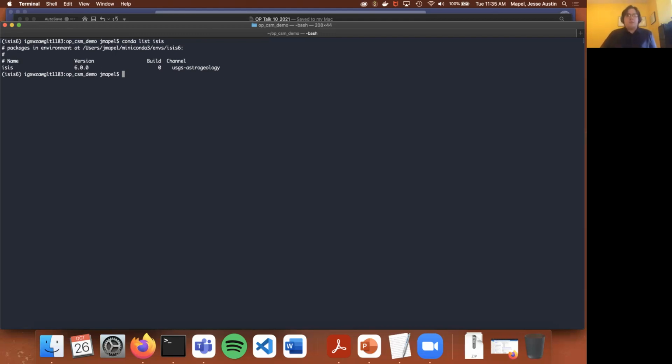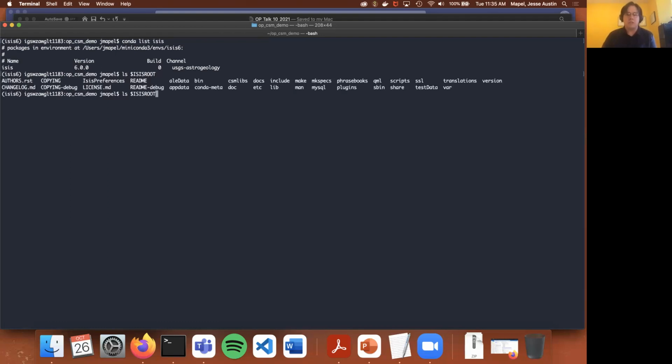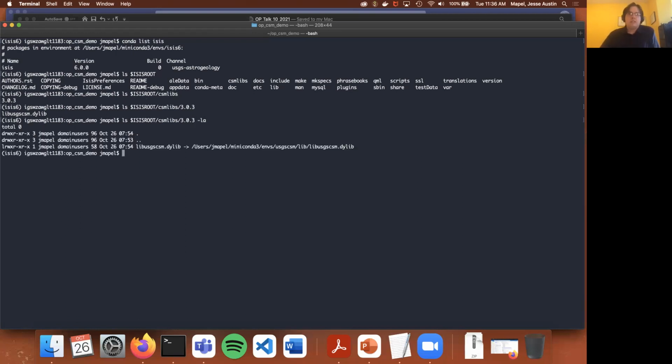The other important part of the setup here is in my ISIS root, I have a CSM libs directory, and then it's versioned for the CSM standard. And then in here, I have my plugin library for USGS CSM. And what I've actually done is just made a symlink. So I have a separate Anaconda environment that I've installed USGS CSM into, and then I just need to symlink that library into this directory. There's other directories that I can put it in. You can see it all in your ISIS preference file